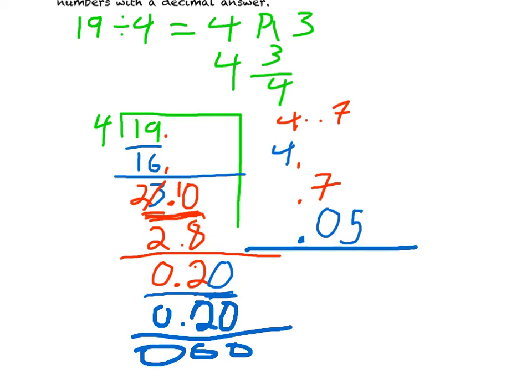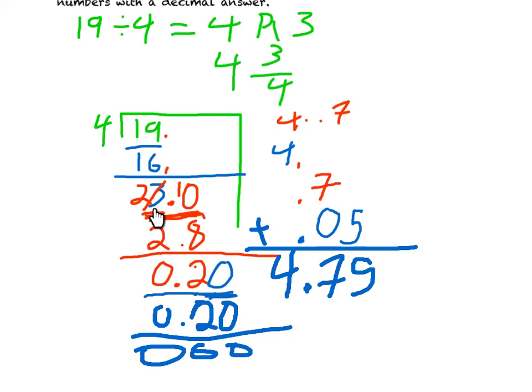We have one more step. We want to add up over here. Add up our hundredths, which we have 5. Add up our tenths, which we have 7. Bring down the decimal point, and then we get 4.75. So the difference between this and what we've done in the past is that once we get down to where there would normally be a remainder, like right here, we're just going to